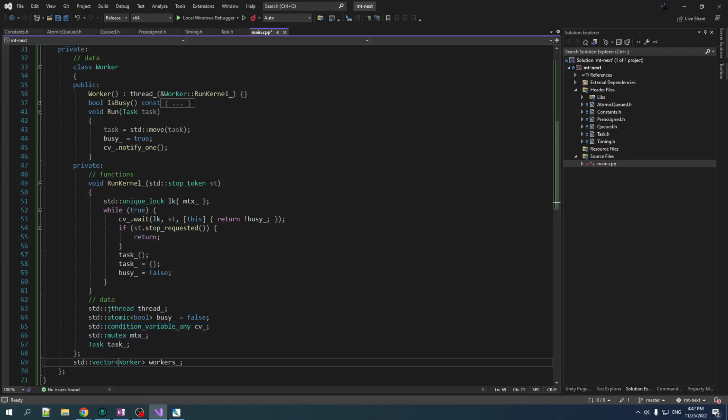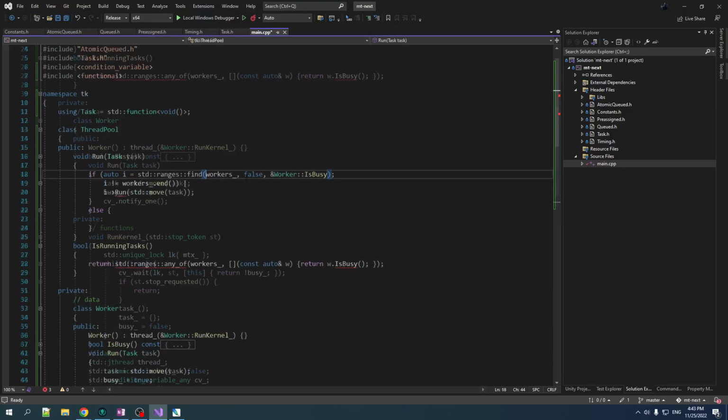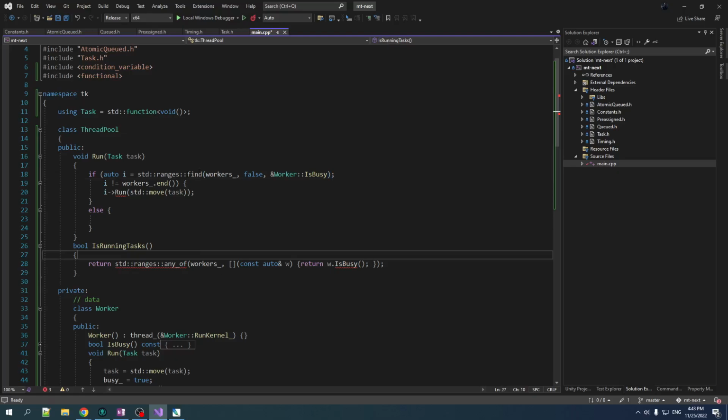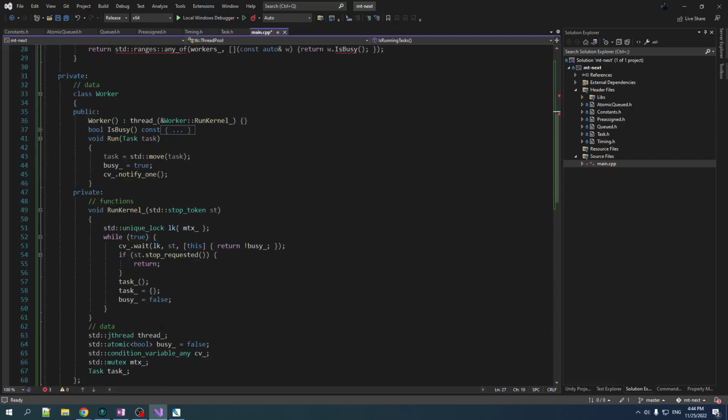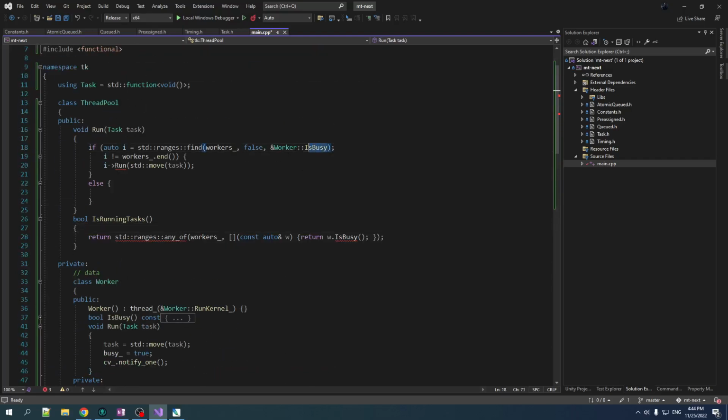So there's a bunch of ways we could do this, but I think the simplest is just to make our workers std::unique_ptr<Worker>. And this might even give us some advantages in the future if we make polymorphic workers. But for right now, this just enables our vector to grow without messing up our workers. Now the sad part of this is that we can't just do our projection into our workers because they're not values anymore, they're pointers. So we have to do it in a slightly less sexy way, which is